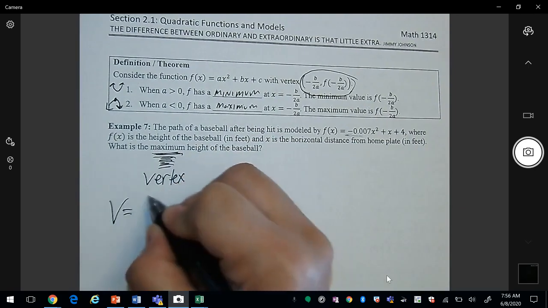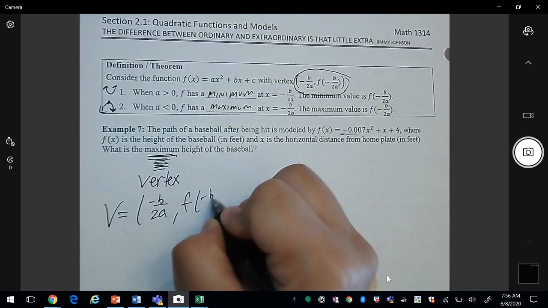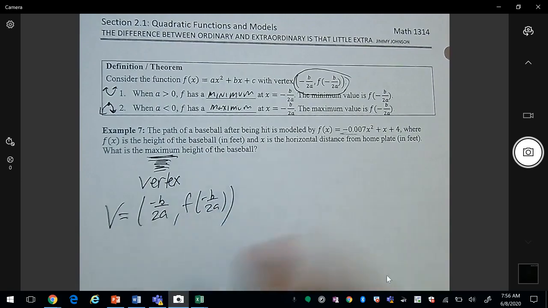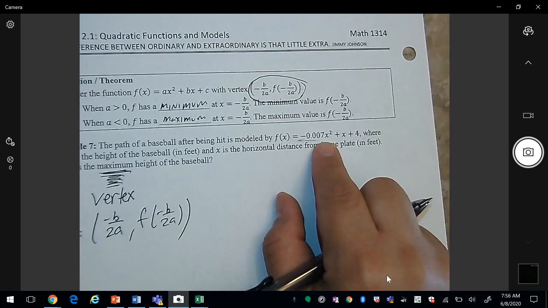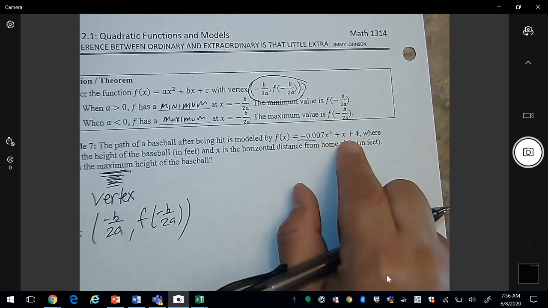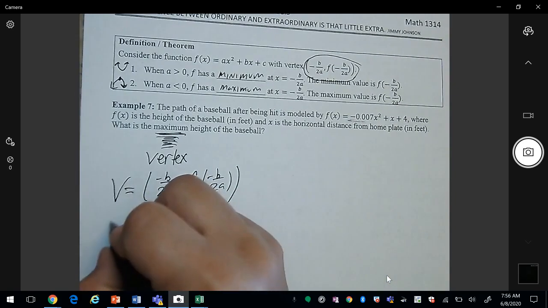So again, the vertex, we can find it by using this formula, or you can rewrite this in standard form, which might be a little bit more time consuming than using this formula here. Okay, so